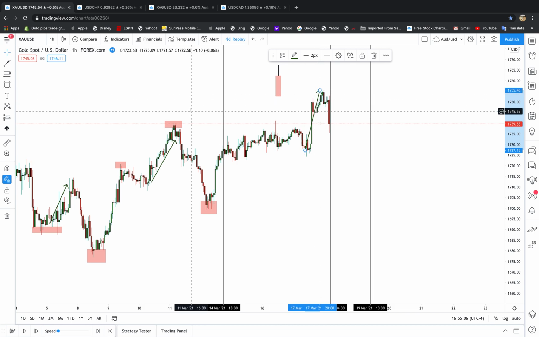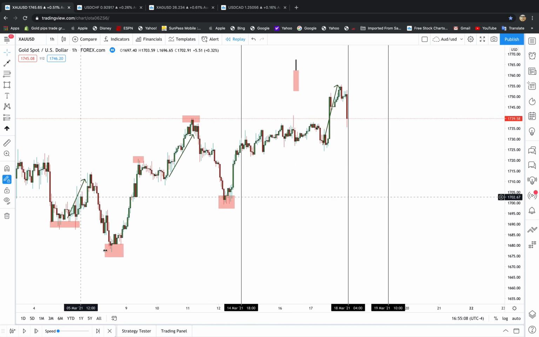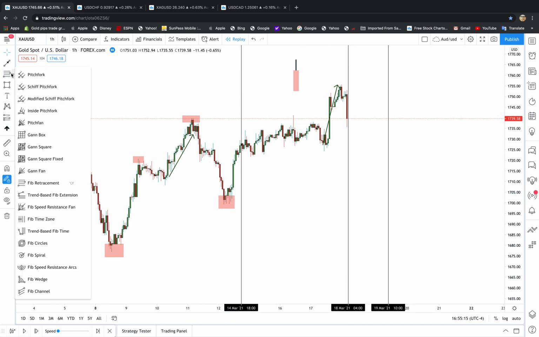So we good. Bullish move, we got the support. Bullish move, we got the support. Bullish move. So what I want to do is measure the legs,